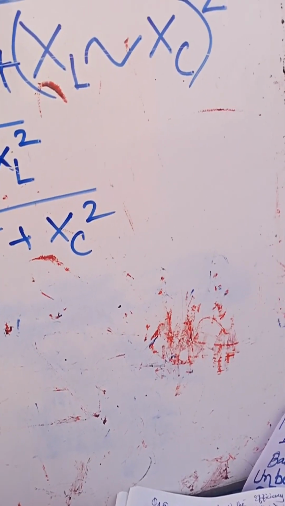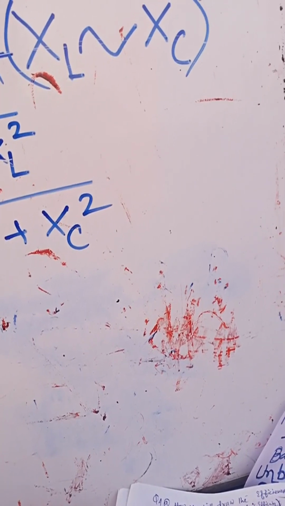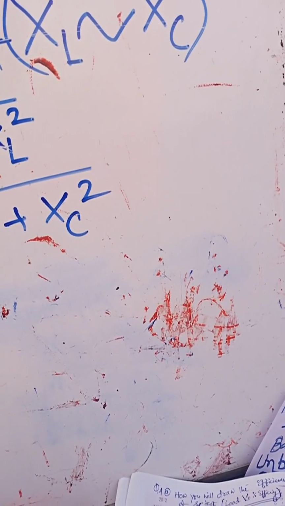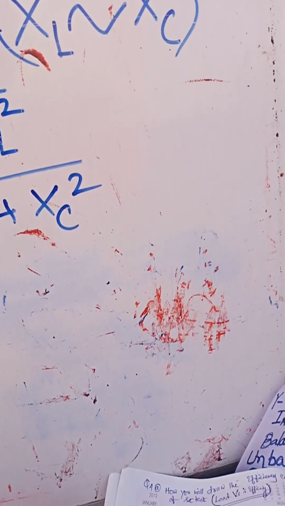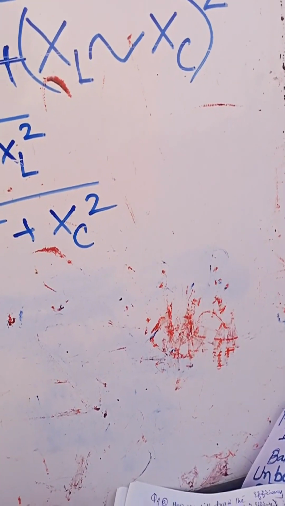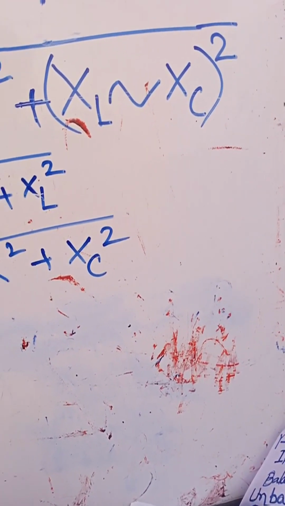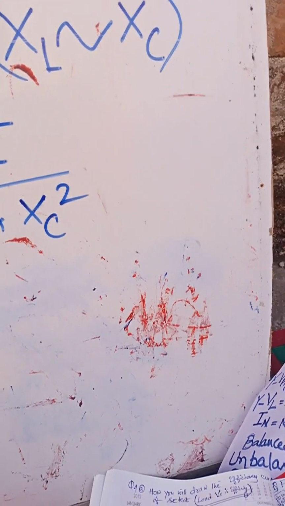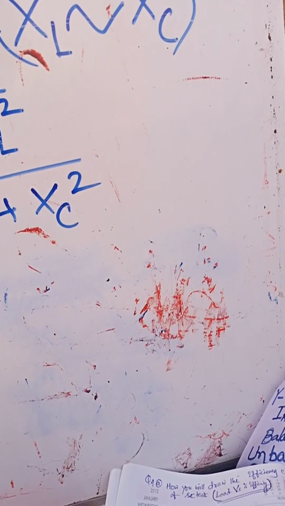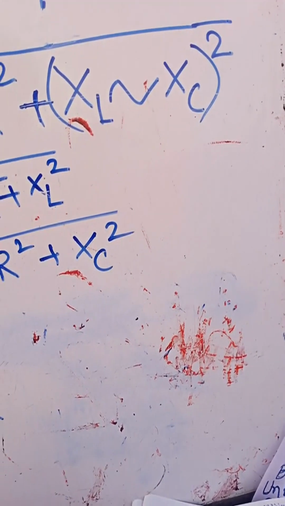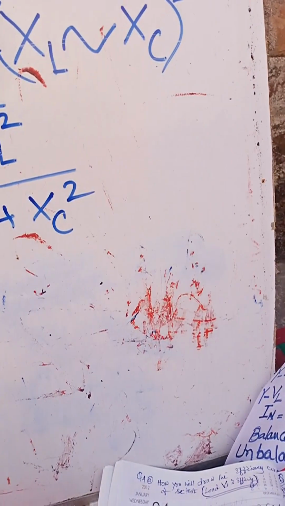Next question, in RC, RL and RLC series circuit, what will be the nature of power factor? Very very important question. In RC circuit the current leads the voltage by 90 degree. That means voltage lags behind the current by 90 degree. And RLC,